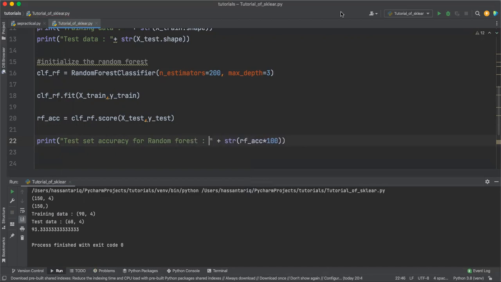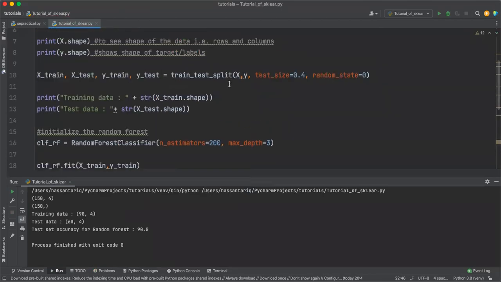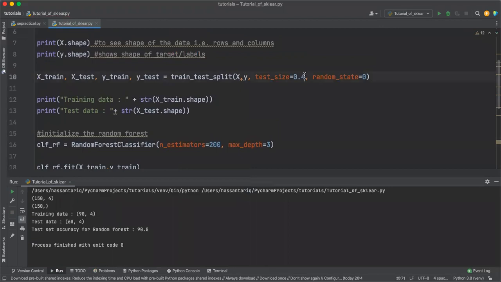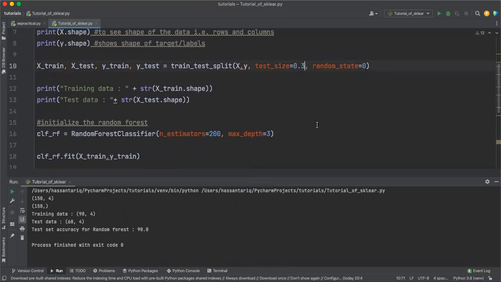Okay, so if I execute it again, this is my accuracy. So you can see different ways. If I just alter this percentage to 0.3,